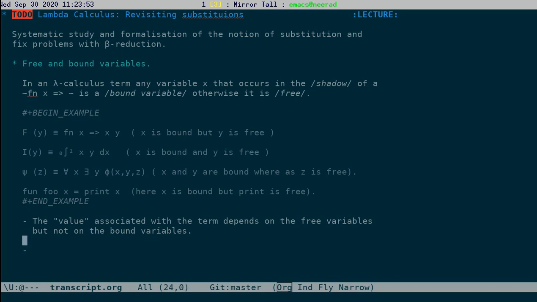Okay. The second thing is that the bound variables may be replaced by fresh variables. Okay, so the notion of fresh means that these are variables which are not anywhere there.